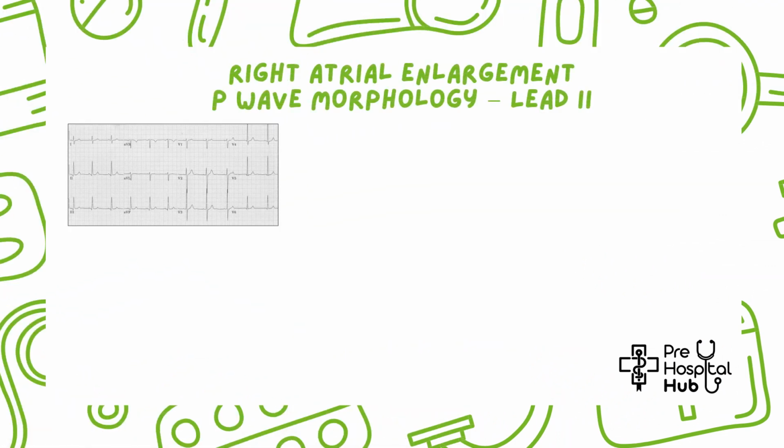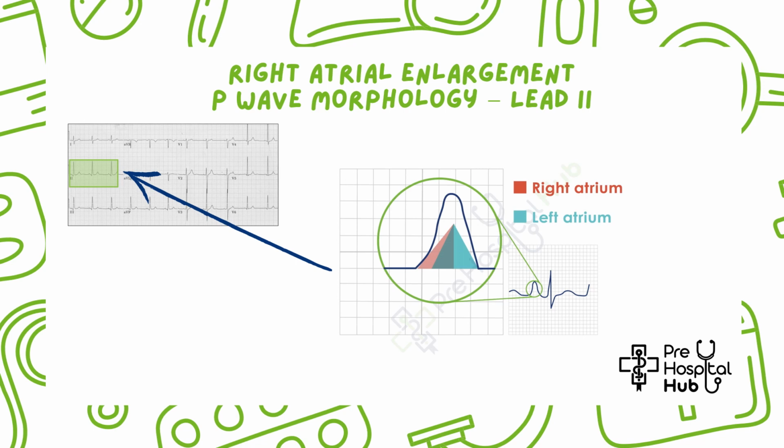So if we move on to some morphologies, for right atrial enlargement, what would we see in lead 2 for P wave morphology? If right atrial enlargement is present, the depolarization of the right atrium lasts longer than normal, as the right atrium is larger. The amplitude for right atrial depolarization, however, remains the same. However, due to the increased duration, it now continues to depolarize as the left atrium depolarizes. So now we've got a right atrial and left atrial depolarizing